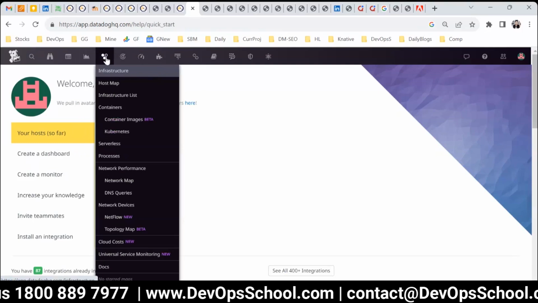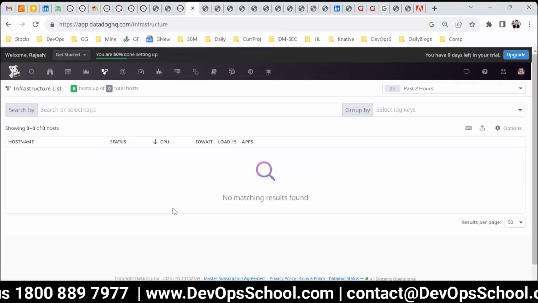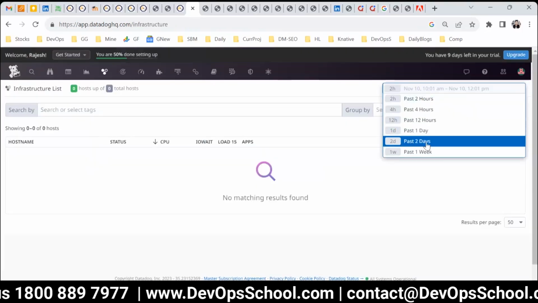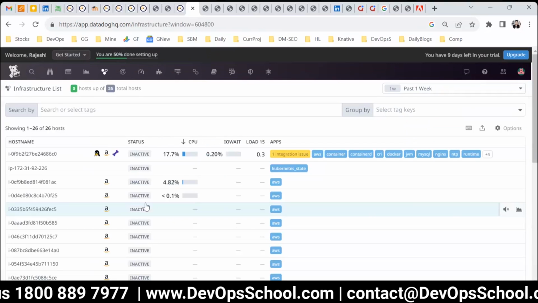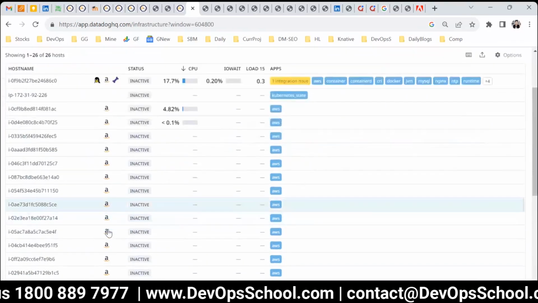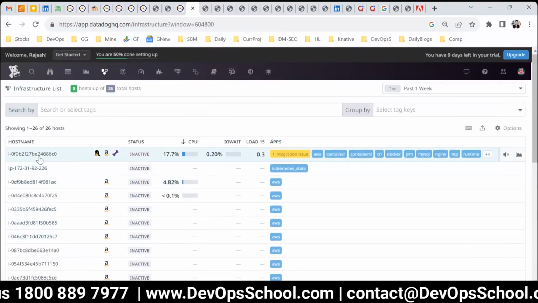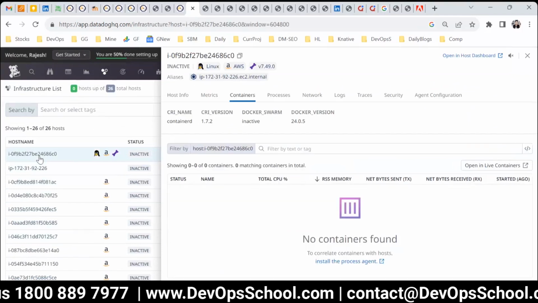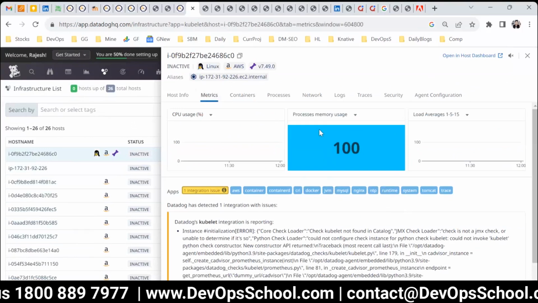Now, how do we fill the widgets? Let me show you many ways in which you can fill the widgets. Let's start with the infrastructure. Go to the infrastructure list. I don't have any right now, go for 1 week. These are the machines I used in the past. So let's say go to one machine, and here